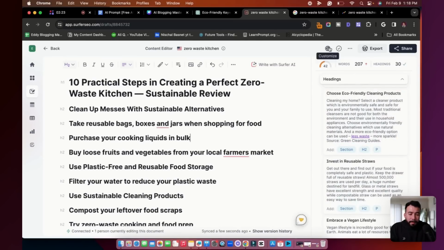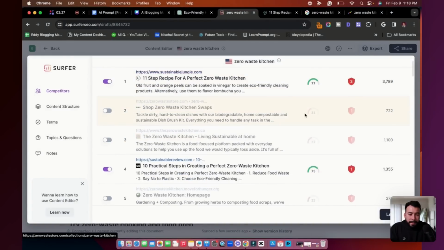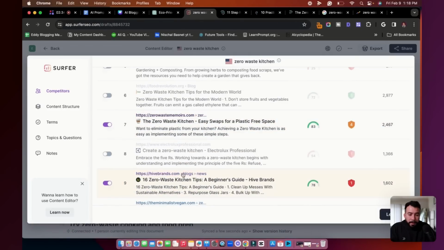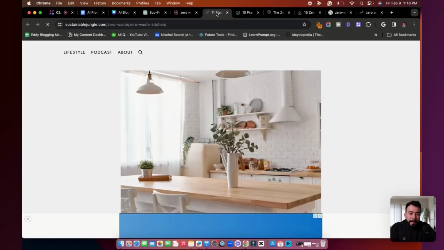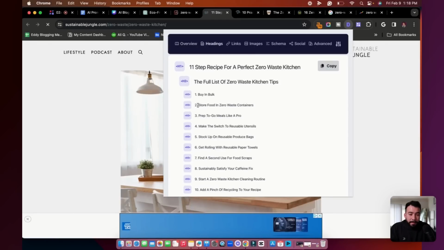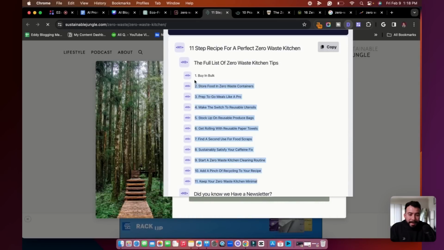But again, the most important thing is going into your competitors. You want to pick the ones that Surfer SEO chose. They're usually 90% accurate when it comes to choosing the competition. So I open up a new page, and then what I do from here is I start to use a Chrome extension called Detailed SEO, and I like to review the headings from my competition. This allows me to get an idea of what they're doing, maybe things that I can include and research from and add into my outline.